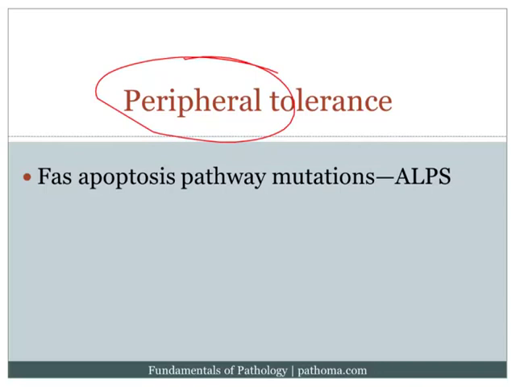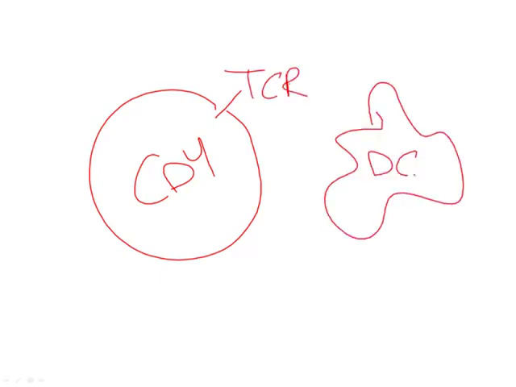What happens in peripheral tolerance is that if an antigen is recognized in the peripheral tissues without a co-stimulatory signal, then the lymphocyte will undergo anergy, which means it'll shut down, or it'll undergo apoptosis. So just to highlight this, let's imagine that you have a CD4 positive T cell, and the CD4 positive T cell is using its T cell receptor to bind antigen being presented by this dendritic cell. So here is your MHC2 with the associated antigen, and you've got this first interaction occurring.